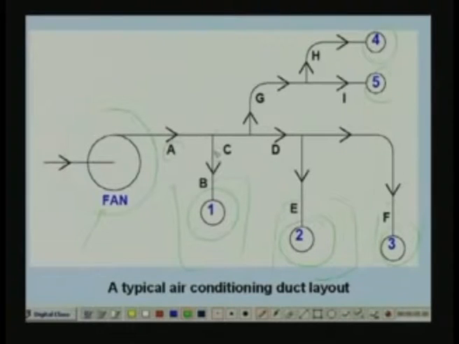are the duct portion. So you can see that for this kind of duct layout, you have the fan here, and the location of these outlets 1, 2, 3, 4, 5, etc. are fixed by the design of the building. Okay. And you also know from the location of the fan what is the distance, for example, from this point to this point. Okay. Similarly, from this point to this point. So physical location is known. So you know the distance, and once you know the distance, you know what is the length of the ducts. Okay. So normally the length of the ducts is known.